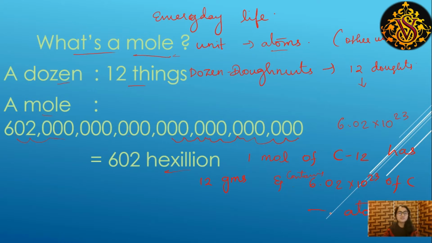So this is what a mole is, and how we use mole in our daily life. A dozen has 12 things, so a dozen donuts has 12 donuts. Like that, a mole has 602 hexillion. Clear? These kinds of questions are asked in all our school books, 10th and 12th. The mole is asked in our chemistry portions and also in college life. So look into it; it will be very useful for you. That was what a mole is, and the intro of the mole.